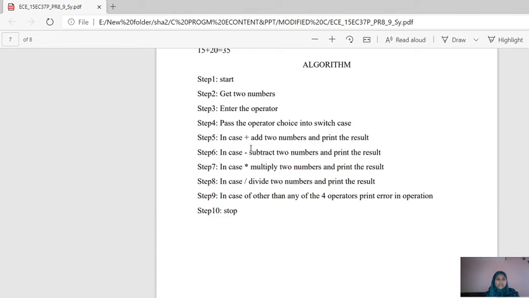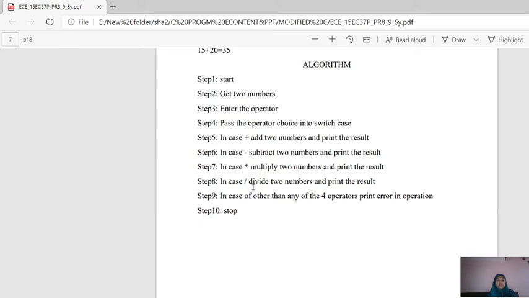In case of plus, addition of two numbers takes place and it is going to print the addition result. In case of minus, subtraction takes place and it prints the subtraction result. In case of star, multiplication takes place and it prints the result.